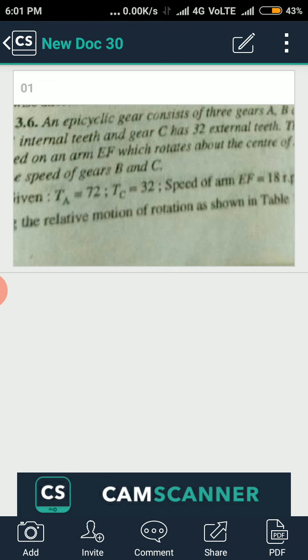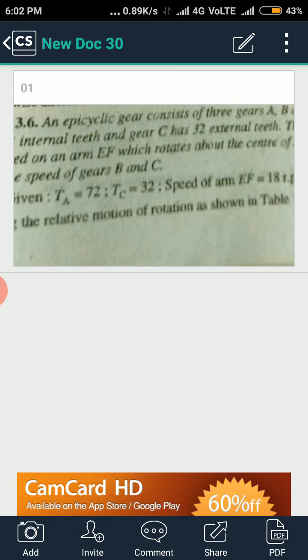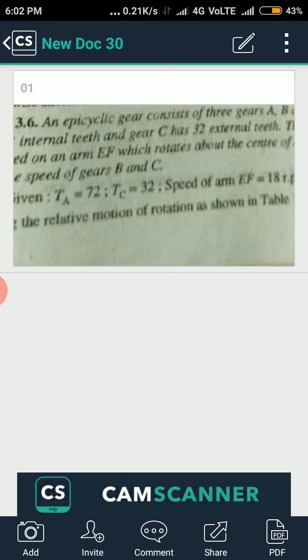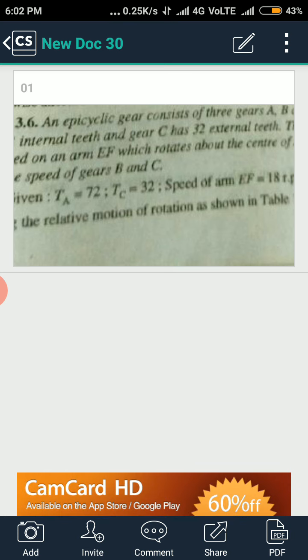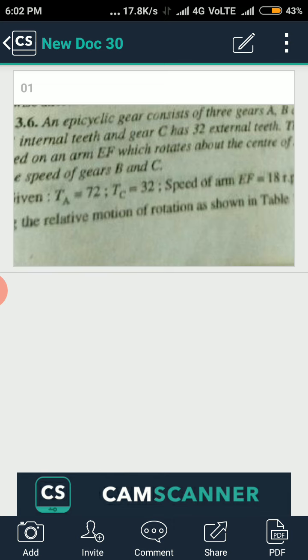Whenever you solve a gear train problem, as I told, you need to first identify the number of elements. Then, if the number of teeth is unknown for any gear, that number of teeth should be found. Then you should form a table, taking any one of the gears as a driver. Remember, clockwise rotation should be taken as negative, and anti-clockwise should be taken as positive. Today we'll take a couple of problems on gear train, and I hope you will be able to understand the problem. So let's look at this problem.